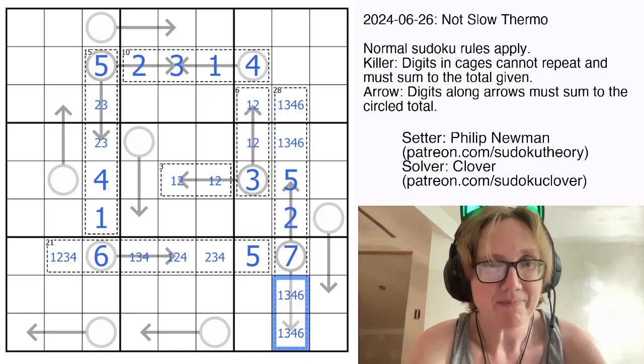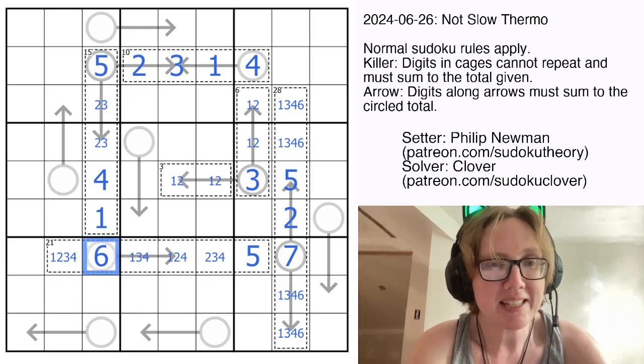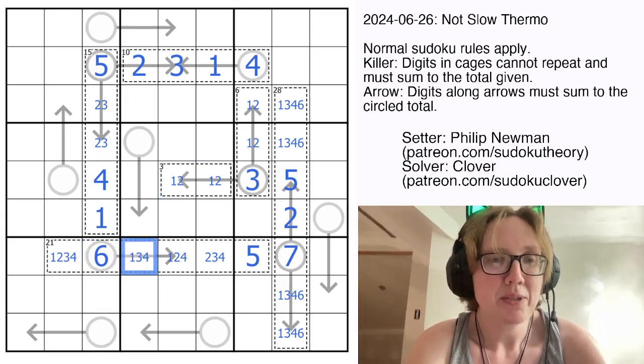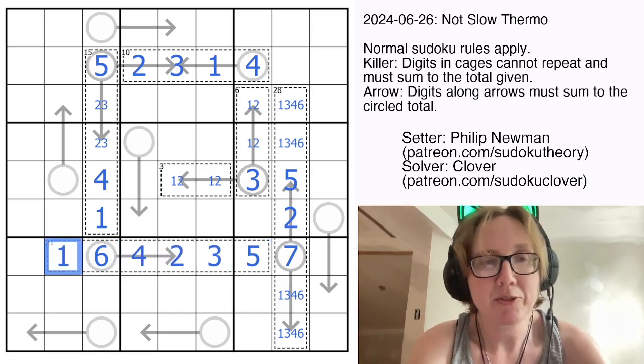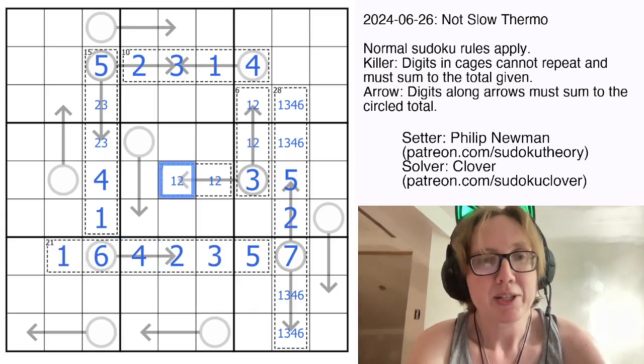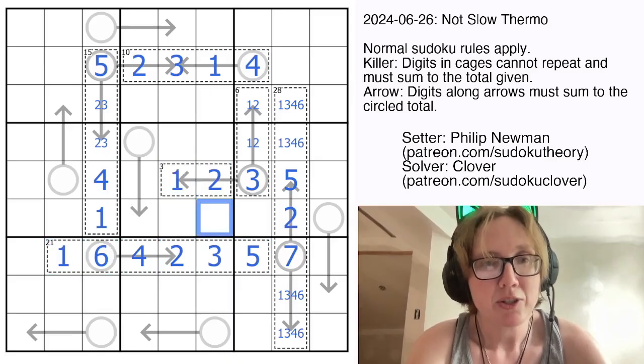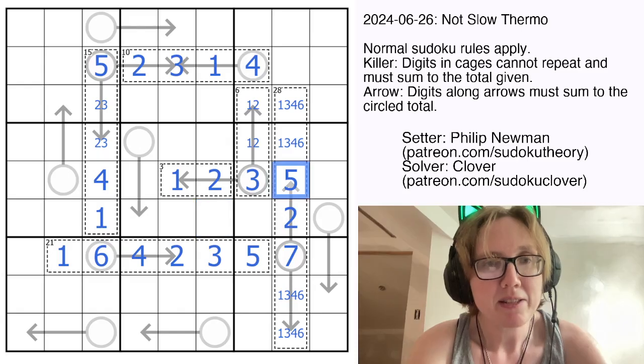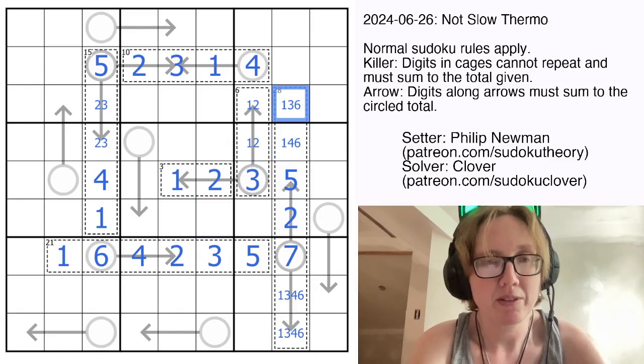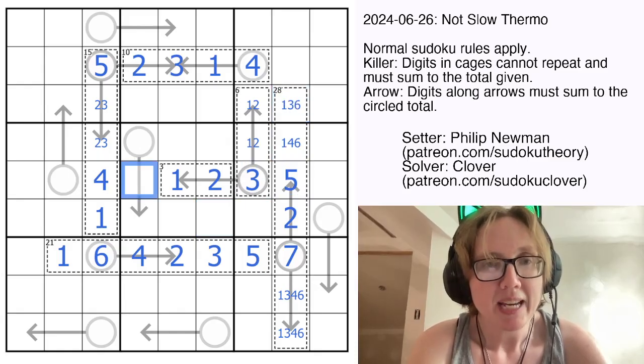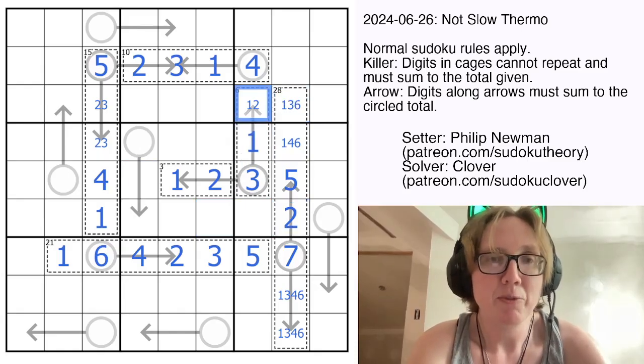We will get there. Now, a sum of 6 in 2 cells that see each other that doesn't include a 5 has to be 2 and 4, and there's only one way around that could go here. And that's actually enough to tell us the locations of all of the other digits in this cage. This 2 makes that a 1 and makes that a 2, and I don't think we can squeeze much else out of this. This can't be a 3, and this can't be a 4. Okay, oh, and we have a 2 in this region, so that's a 1, that's a 2,